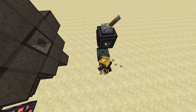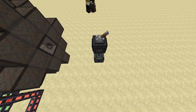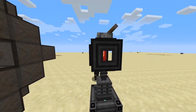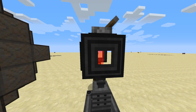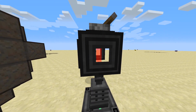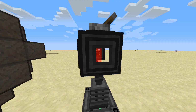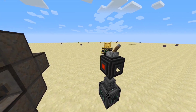Oops, that did not work properly. So we're in this video just using creative energy cubes, but you can use whatever power source. So as you can see now, this laser is inputting into the laser amplifier, and it is charging up. So you need to wait until this is at 500 MRF, so million RF. And we're going to build this up a bit, and we'll be back once this is charged up as far as